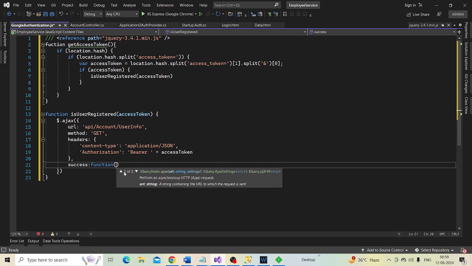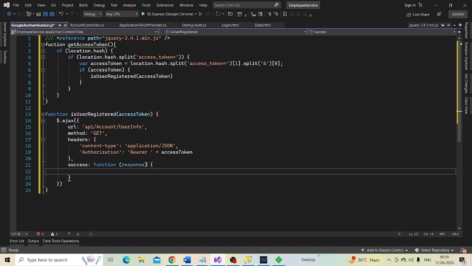We want to handle the response that comes back from the server using this success function. So let's pass the response to the function, and the first thing that we want to do here is check the has registered property.